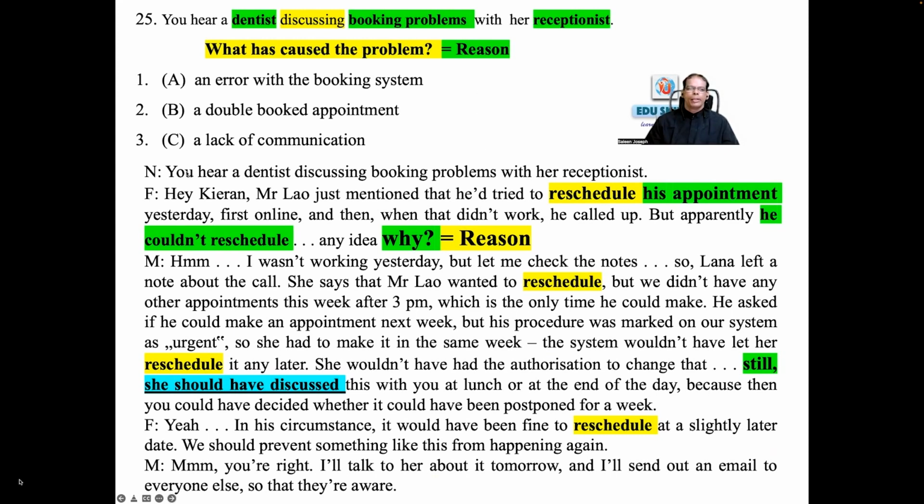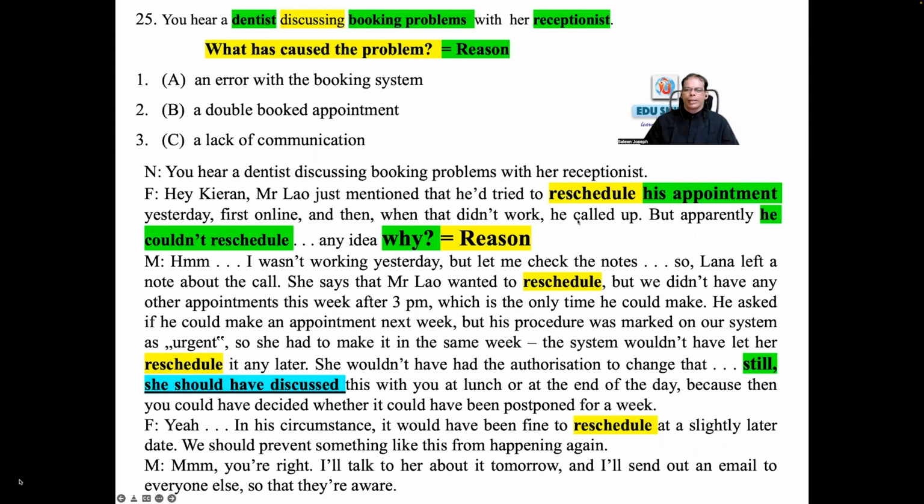The audio begins with, you hear a dentist discussing booking problems with a receptionist, which is already here in the question statement. So you have read it. They will repeat it here in the audio, what you had in the question statement. Now you say reschedule his appointment. So reschedule is the issue. That is the key word being